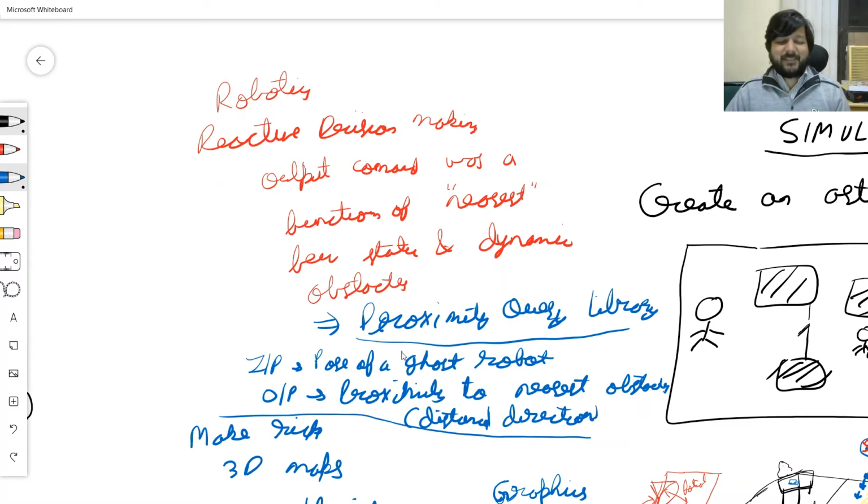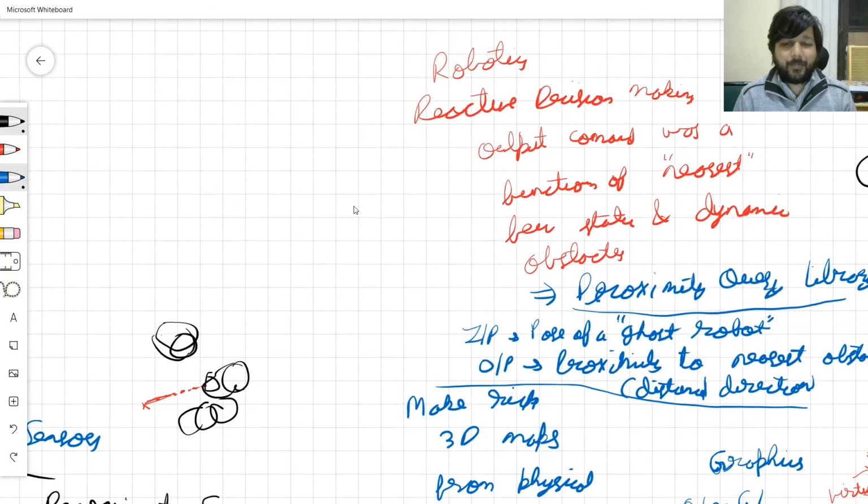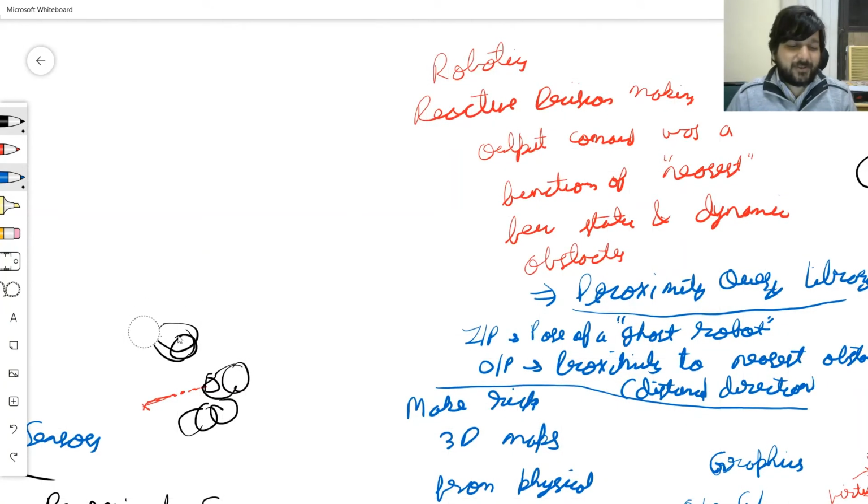Now, the interesting thing is, why a ghost robot? Sometimes you say that, okay, I don't need to decide what I am currently doing and what my current actions are going to be. If I travel in this direction, then what happens? So you make a ghost robot travel, and then check whatever is the proximity of the ghost robot. The other type of decision making that we did was called deliberative decision making,